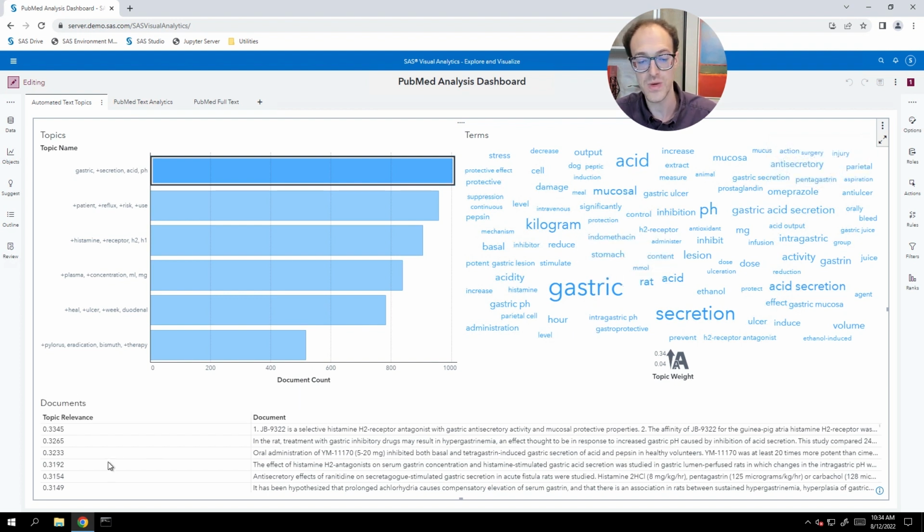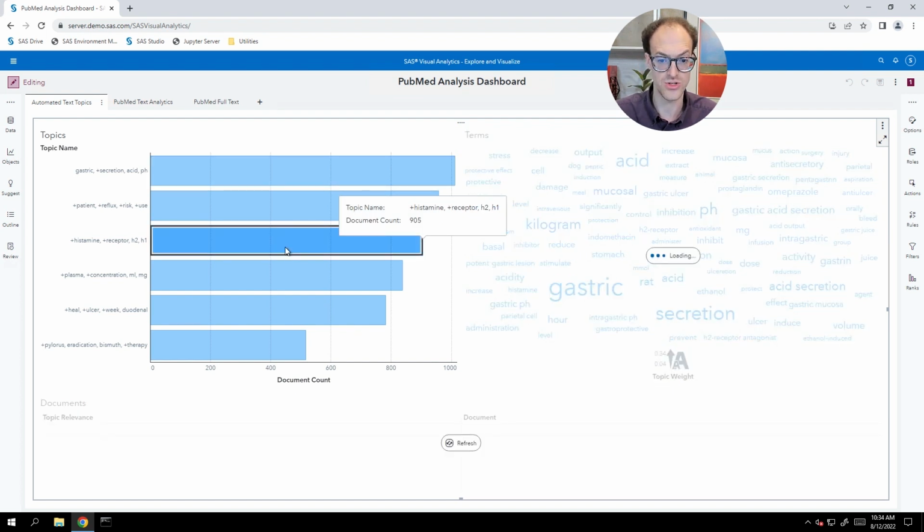And if we scroll down, we can see a document score, topic relevance for each of our documents. In this case, documents represent abstracts from our scientific literature. So all of this analysis was done automatically by SAS Visual Analytics, and it allows us to explore the data a little bit more. And of course, we can choose different filters to look at different topic areas.